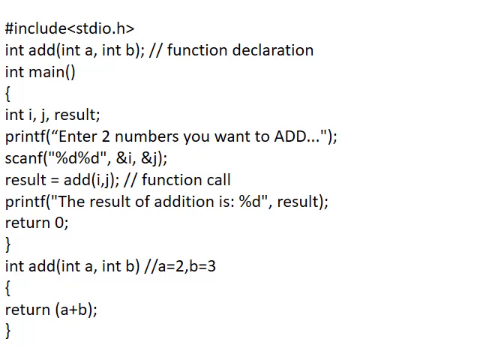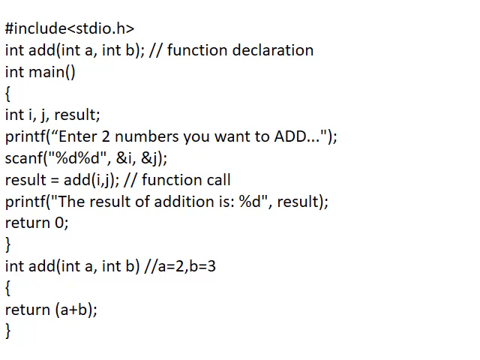Now for example I have taken 2 and 3, so a will be 2 and b will be 3. Then the control will go inside the function, where I am going to execute the task, that is a plus b. So 2 plus 3 is 5, which is of integer type. Then the return statement is executed, return 5. Once return 5 is executed, control will come back to the calling statement, result = add(i, j). The value sent by the return statement, that is 5, will be assigned to the variable result. So now result has the value 5.